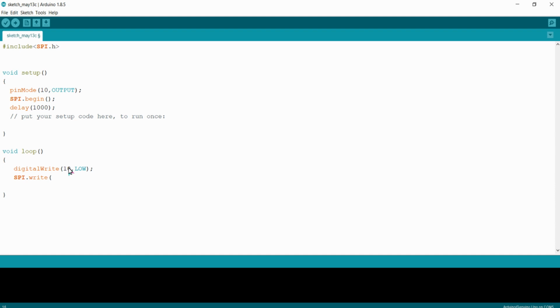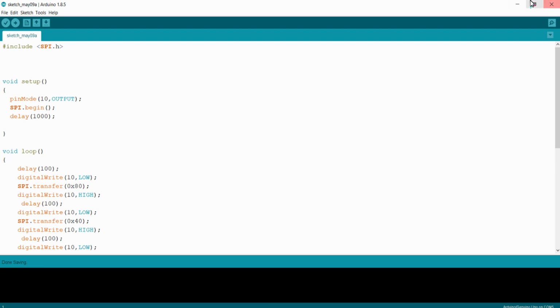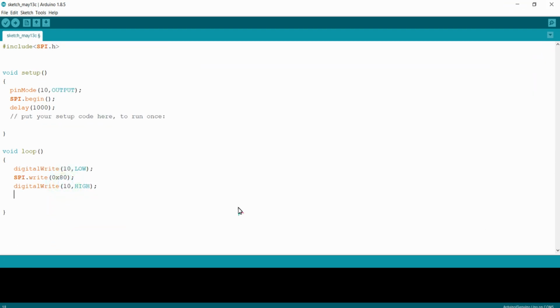So I am going to pass 0x80, and after that I am going to make the chip select pin high. Digital pin 10 is the chip select pin. Now you can see that's all about the logic. I'm going to give a delay here also at the end.